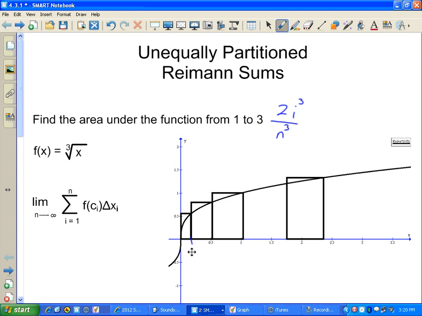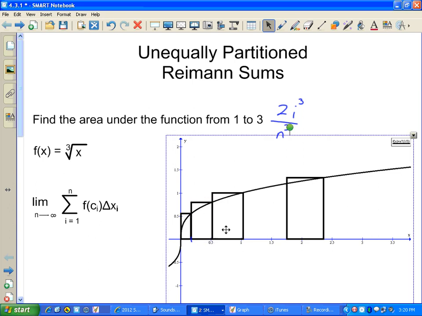So this would be the location of, so let's see, I want to go from 1. So I guess I should move these rectangles over. But if we were going from 0, this would be the first rectangle. So this point here would be